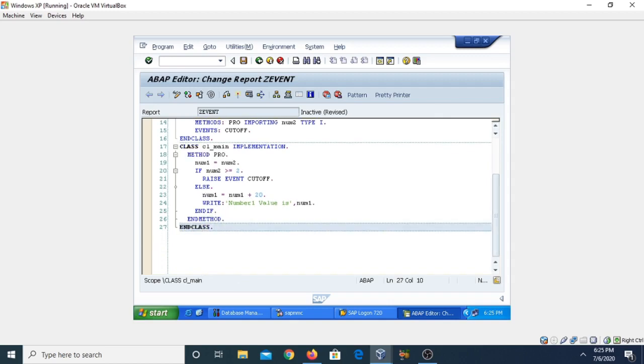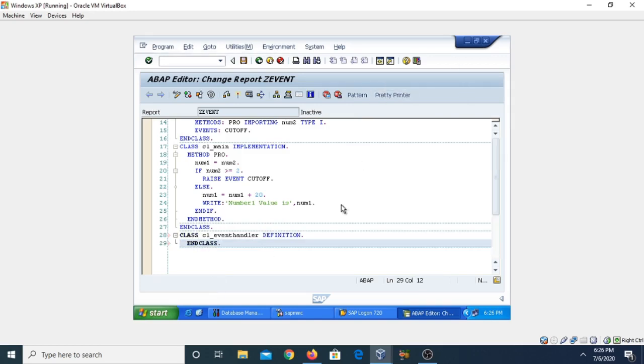Now come to the handler class. This is our class, and the class name is cl_event_handler. I have given the name like this so that you can learn easily. So this is our handler class, and the class is always ended with ENDCLASS.